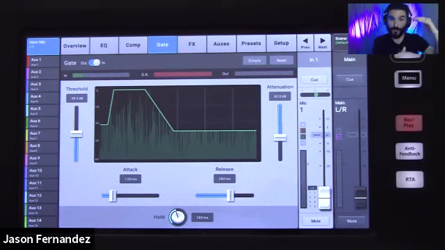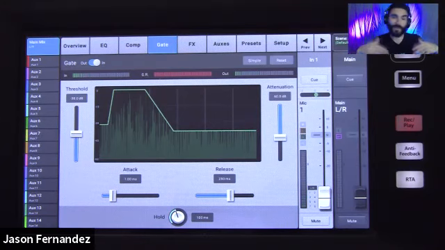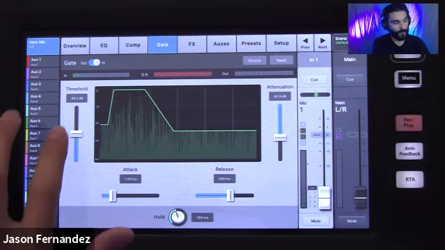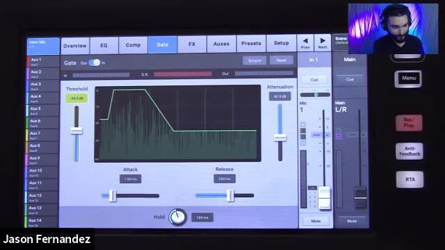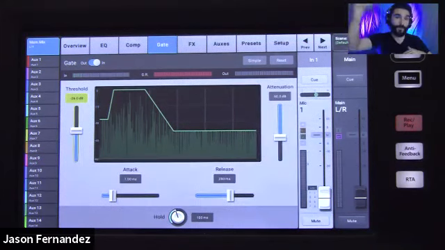If you need to manage what is being allowed to come through that channel, you can use a gate to do that. The name of it is very applicable. If you imagine a physical gate opening and closing, you set a limit for when you want that gate to open and allow signal to pass over your channel. So if your audio signal on that particular channel is below whatever threshold you've set on this gate, the gate will remain closed and it doesn't allow any audio to pass. And then as soon as the signal breaches that threshold level that you've set here, the gate opens and it allows that audio from that signal to pass forward.